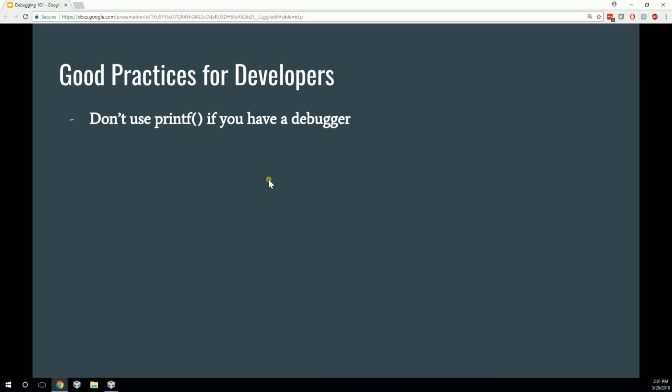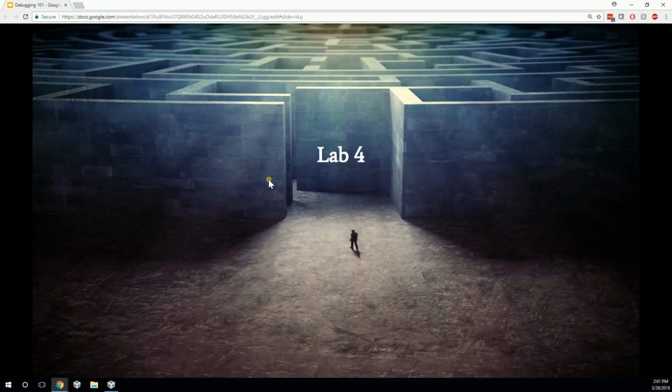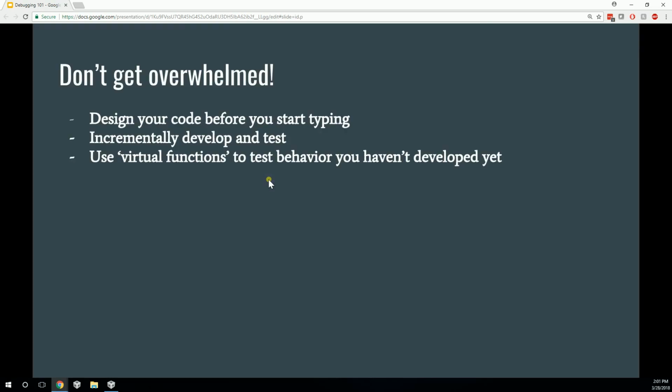Additionally, many of the problems that we are going to try to solve are incredibly overwhelming. Lab 4, for example, or if you want to be a software developer, any problem that you will be trying to solve in your professional career. I encourage you, or I remind you, please don't get overwhelmed. The 3 best things you can do to not get overwhelmed when trying to break down a difficult problem are